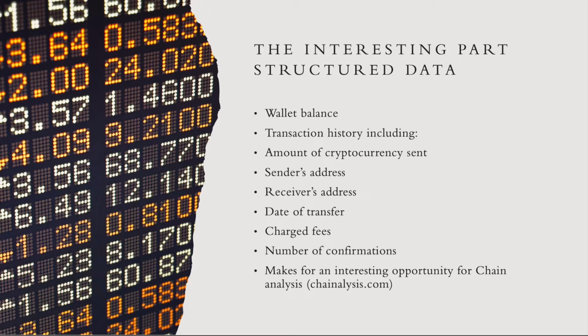We have all of the senders' addresses, all of the receivers' addresses, and a date range. We know when all these transfers happened. So if you wanted to build an AI/ML model, the public blockchain is probably one of the most perfect data resources out there, because